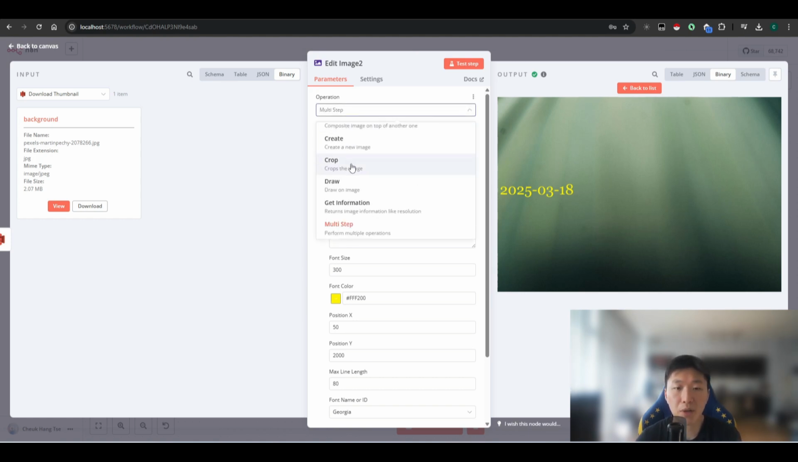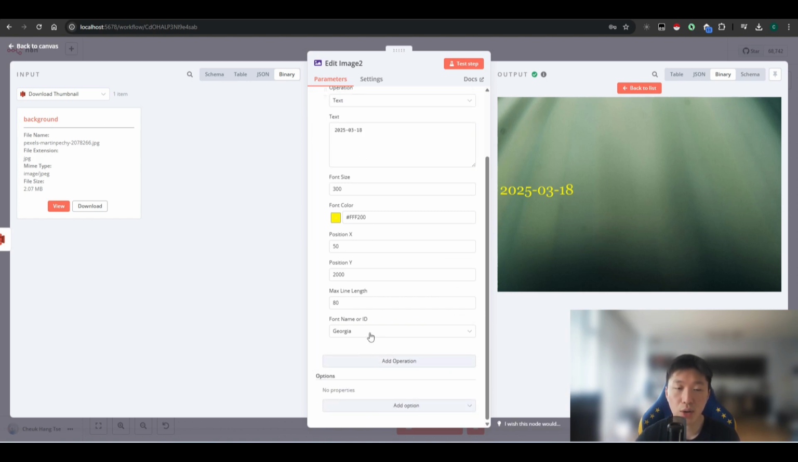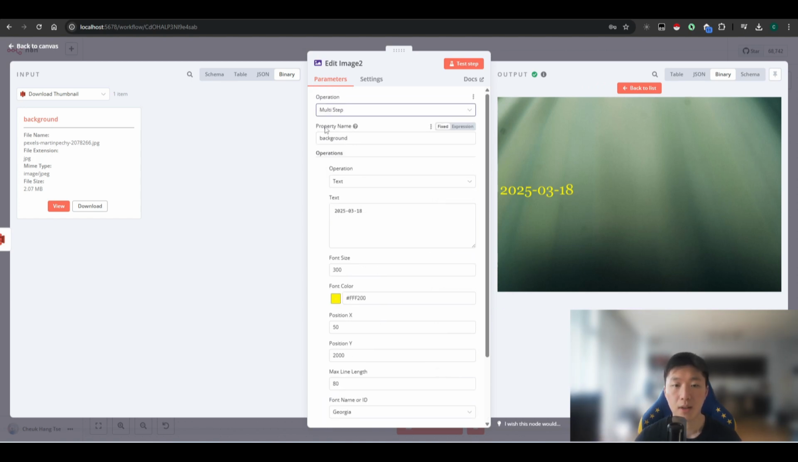First of all, for the multi-step, you can see here we have a bunch of steps in here. We can do border, create, crop, draw, get information, lots of stuff in here. But today we're going to use the multi-step. In multi-step, we can actually do all the stuff that I just mentioned, but we can put every step into one single node, which is this one in here, multi-step. Now, if we go to property name, we can put the file name, which is the image name in here, which is